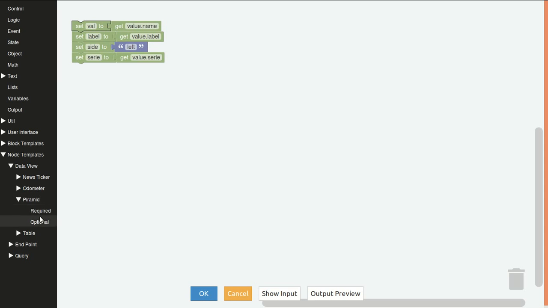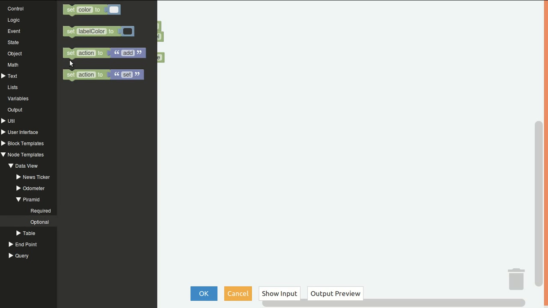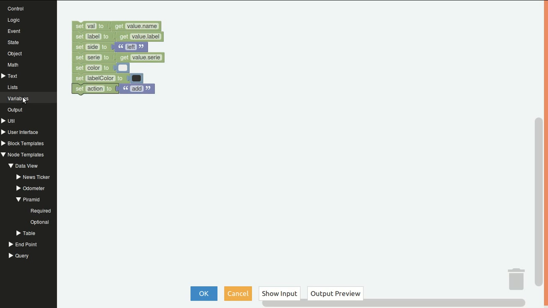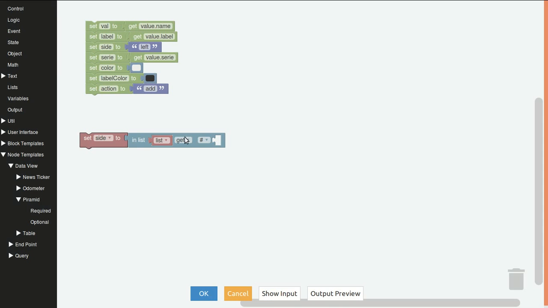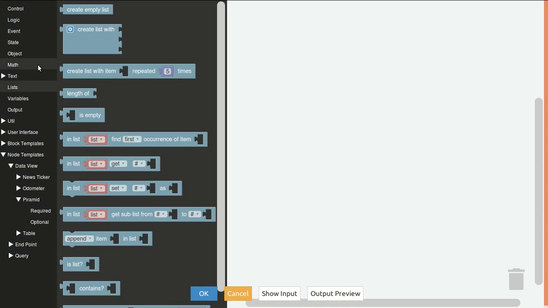We are going to also use this, so let's take them from here. We are going to use the list operation, in list, get. We're going to create a new variable. Set. We're going to have a new name for it, which will be side. We're going to remove this and create a new list